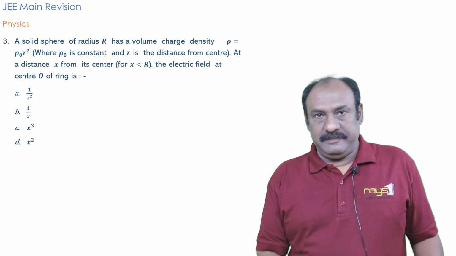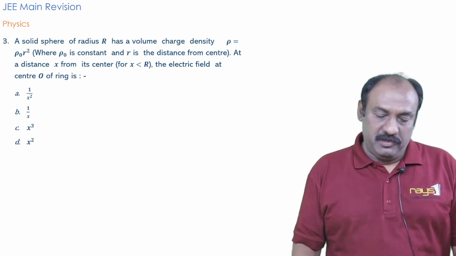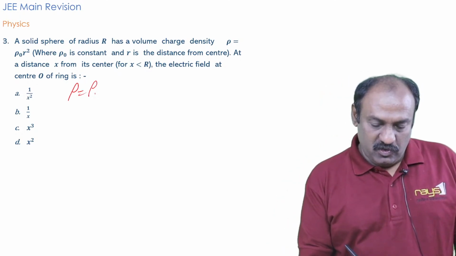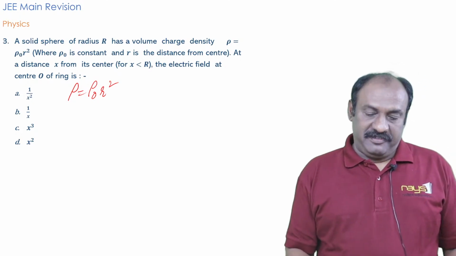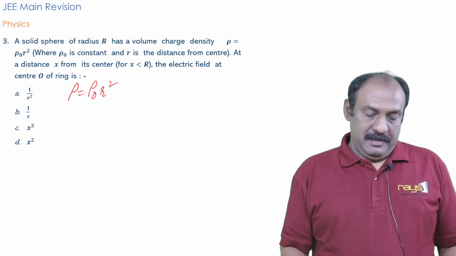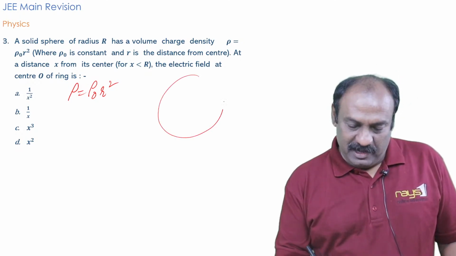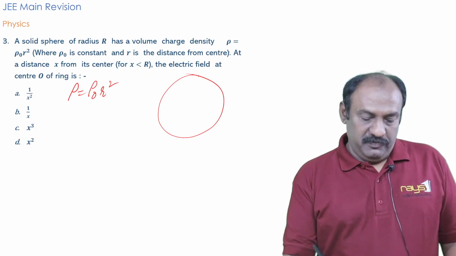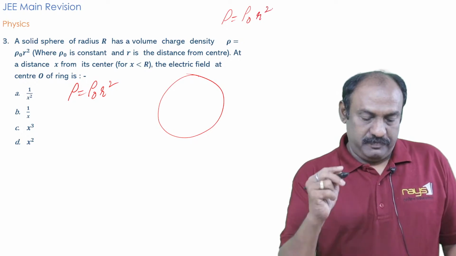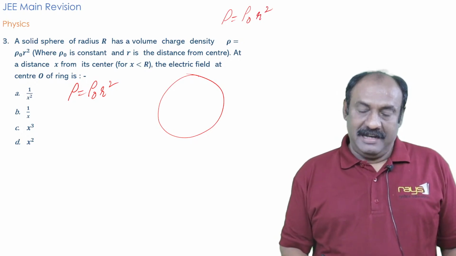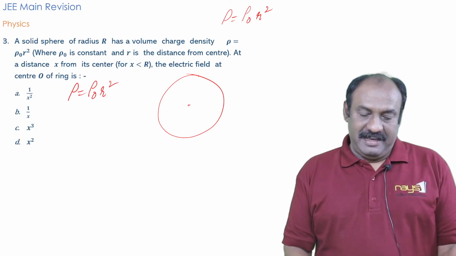Question number 3. A solid sphere of radius R has volume charge density rho equal to rho naught into r square. At a distance x from its center, the electric field is. So, a solid sphere has volume charge density rho equal to rho naught into r square, where rho naught is constant, r is the distance from center to the respective point. At a distance x from its center,